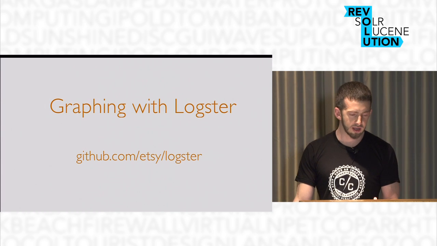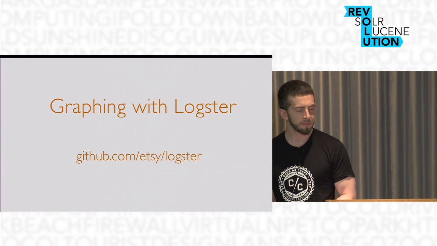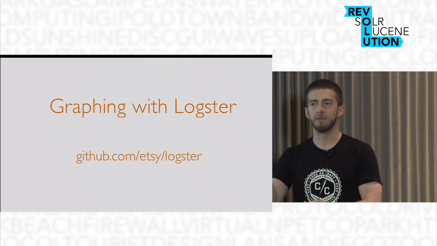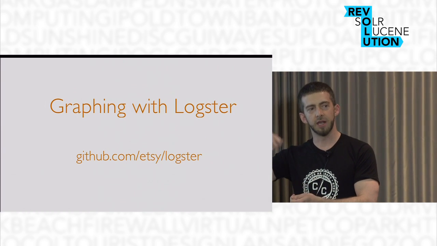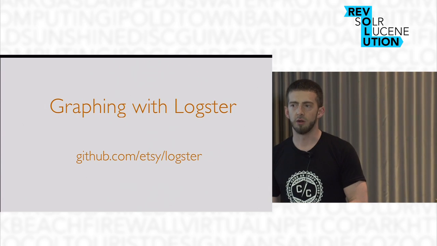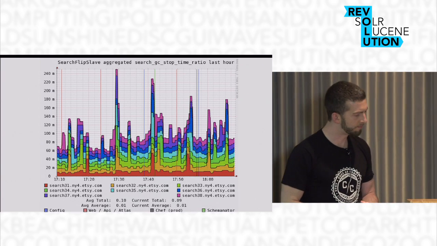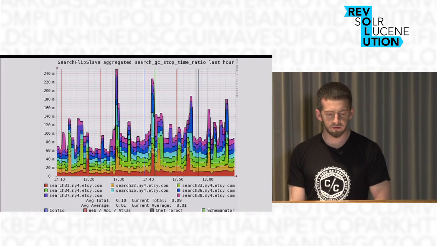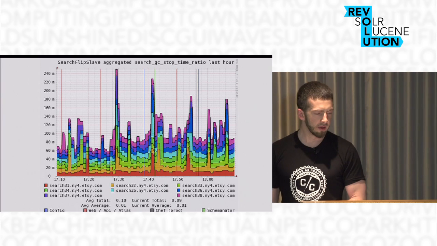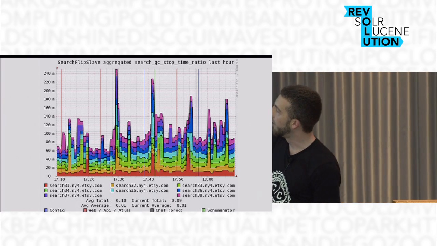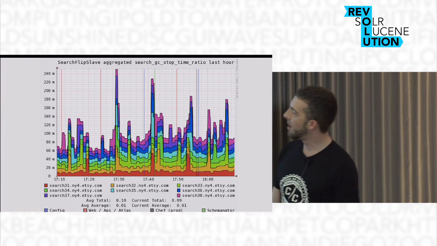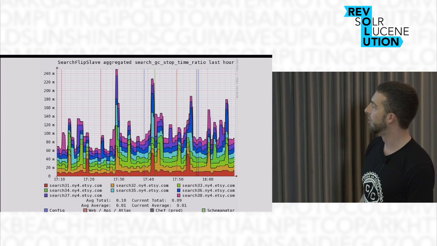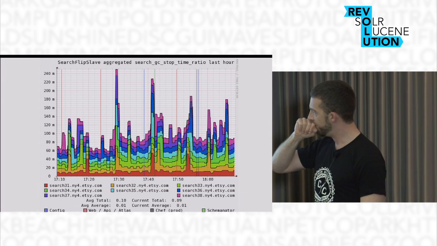We have this logging framework called Logster, where you write a little Python class and basically spit metrics out. You just parse a line at a time and spit out the metrics you want, and you can send things to Ganglia. Here's an example of one of our Ganglia graphs of the GC stop time. Here's some of our slaves and their stop time. Ganglia for fractional things is a little bit confusing, but these graphs are incredibly useful,